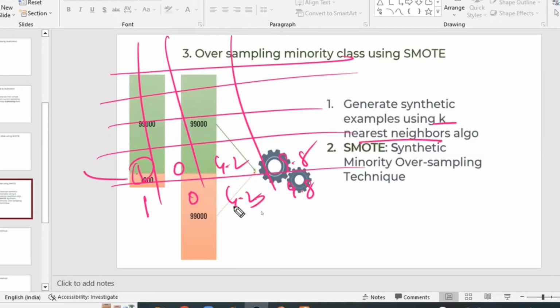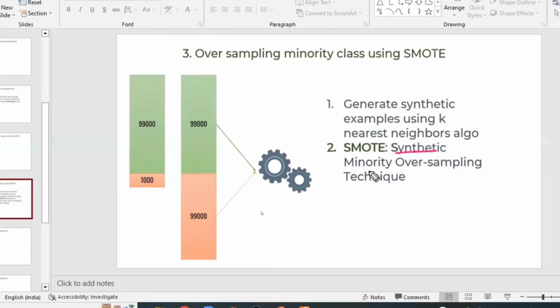In that way, we are going to create the new records, which we call SMOTE. SMOTE means Synthetic Minority Oversampling Technique. So again, you are going to do the oversampling only. One is undersampling, one is oversampling. In oversampling, one way is duplication. Another way of oversampling is the SMOTE technique, where it applies the KNN algorithm and creates the synthetic